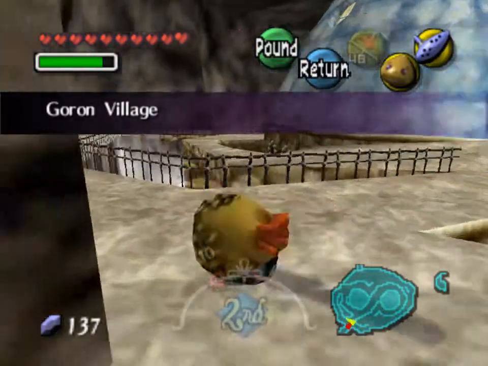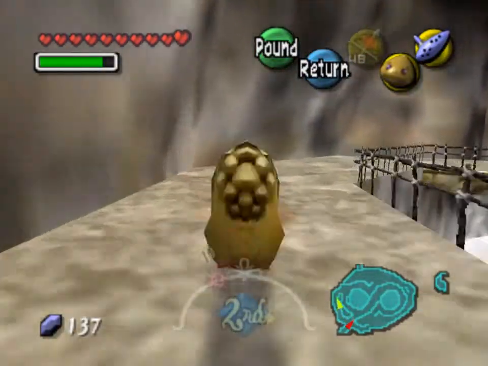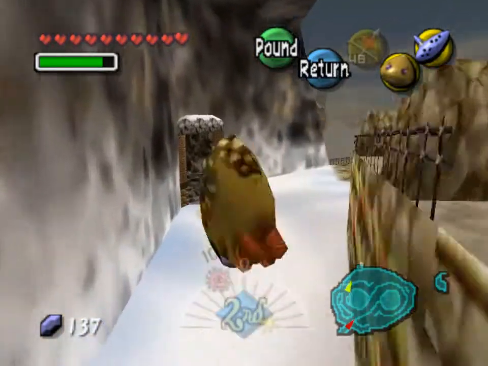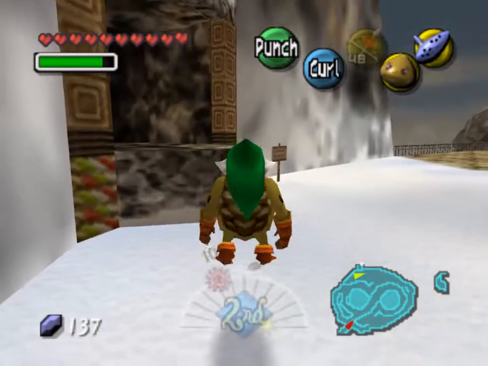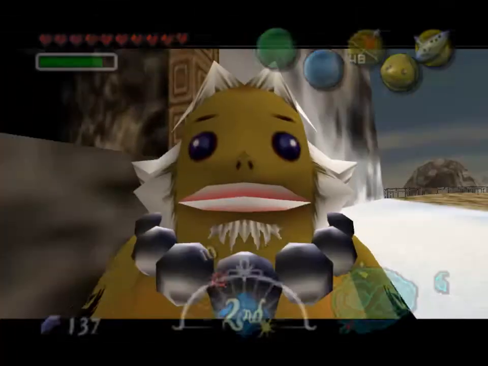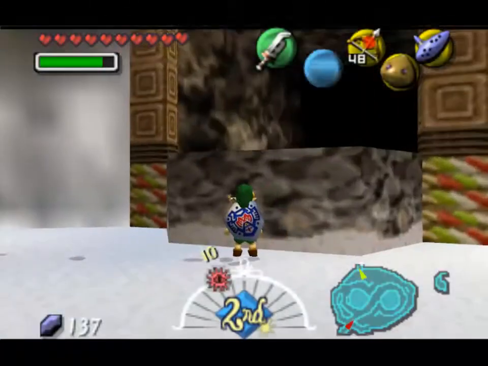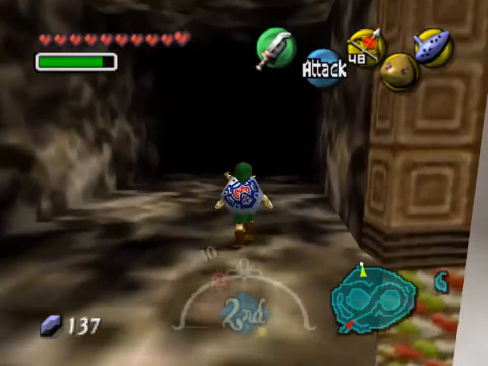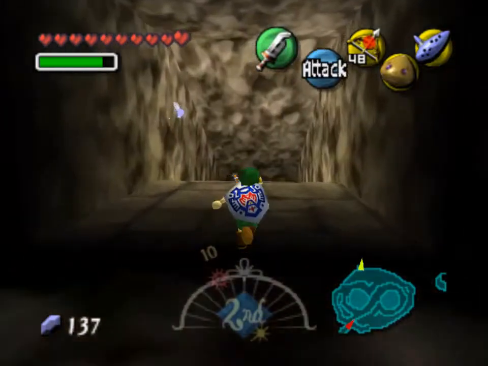So, now we can finally go at higher speeds again. Goron walking, not so fast. Goron rolling, kind of good. So over here, this was all frozen over before. Also, the Goron can't jump that high. Normal Link can. We could have unfrozen this with a fire arrow, but I didn't want to interrupt the...